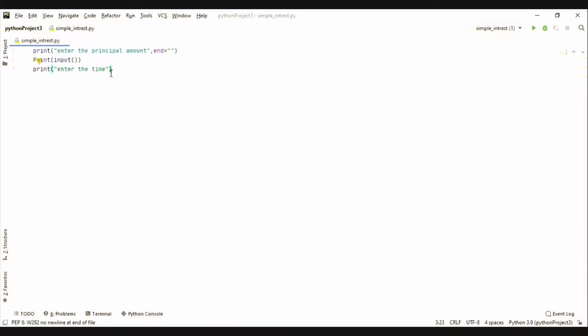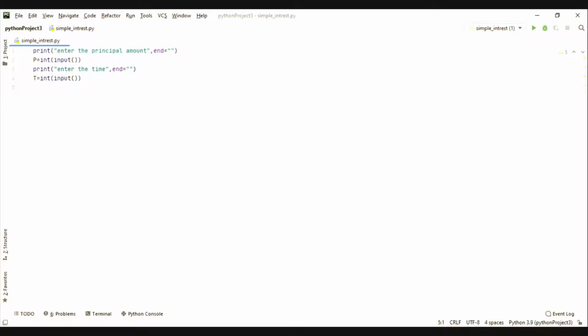Okay, comma and with end equal to two inverted commas, and let's give input for T. T, in capital letter, equal to, it's an integer, so int brackets input and another two brackets to close, and just press enter.